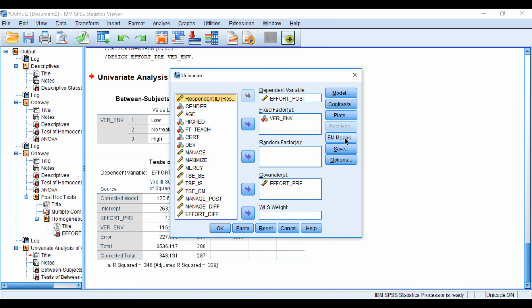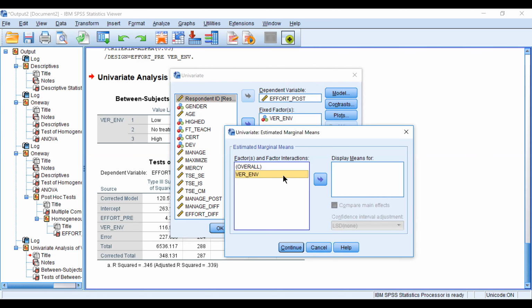to do something called estimated marginal means, because you've adjusted all the means from simple means of effort at post-test for those three groups to the adjusted means after effort pre-test has been put in. So it's not a simple post hoc, it's estimated marginal means, and you just put it in there